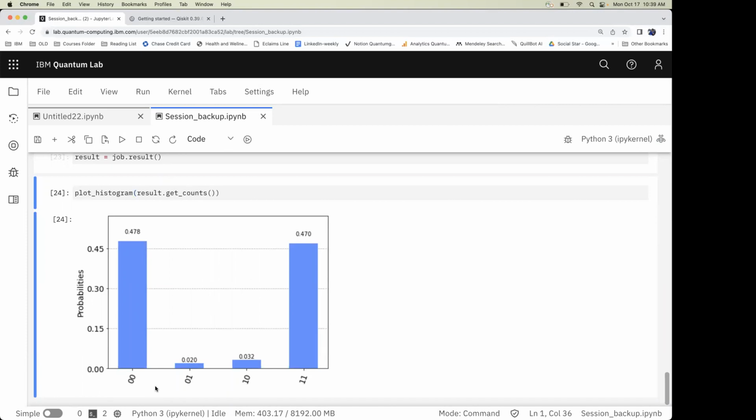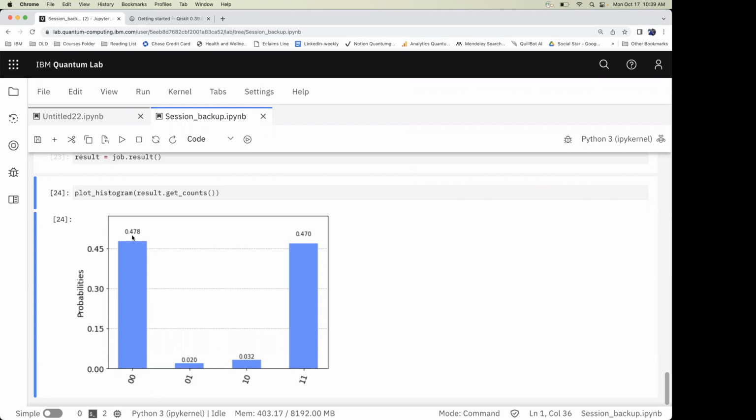Now you might be thinking, since you mentioned the result won't be 0, 1 and 1, 0, why can I see this on my histogram? This is something I want to talk about: the quantum noise that we have. This is one of the challenges that we have right now. Quantum computers, as I mentioned, are limited in certain ways, and this is one of them. Quantum computers right now are not perfect, but by running the circuit multiple times, we can easily make out that the result is 0, 0 and 1, 1.